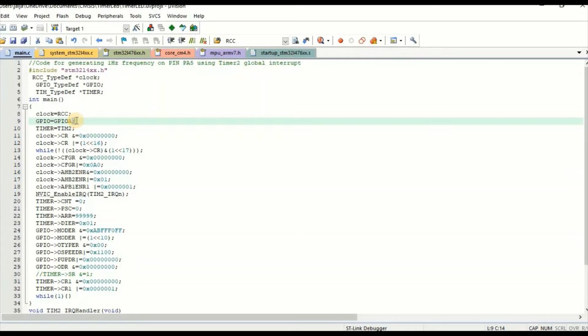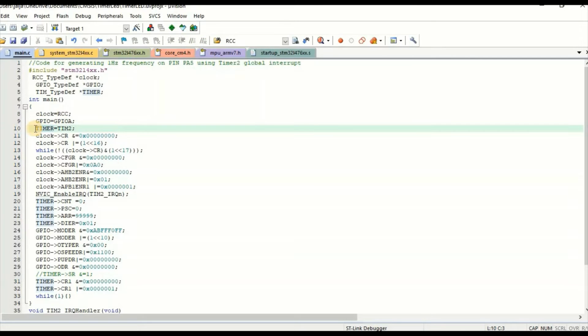So why are we using GPIO A? GPIO A has the pin of the LED which we will be using for blinking. We will blink the LED which is on the PA5 pin actually.